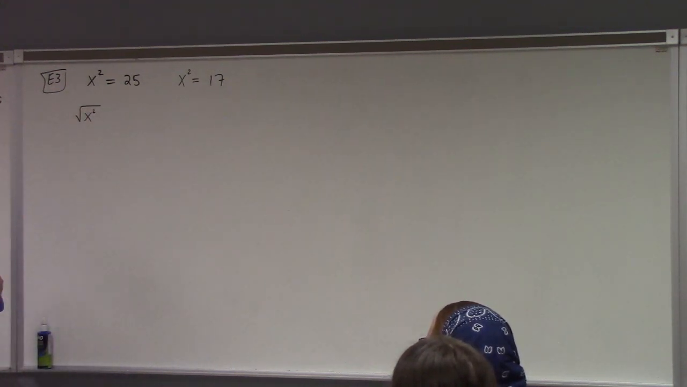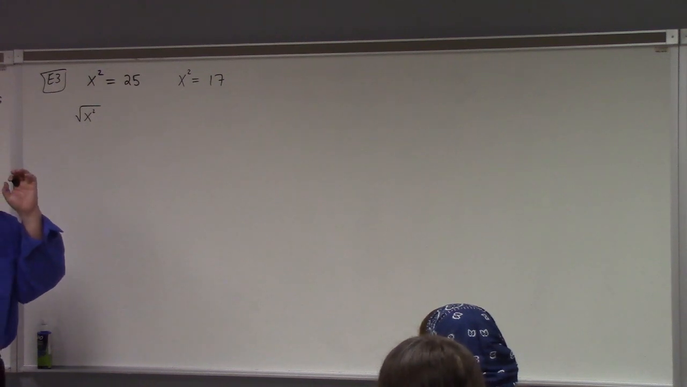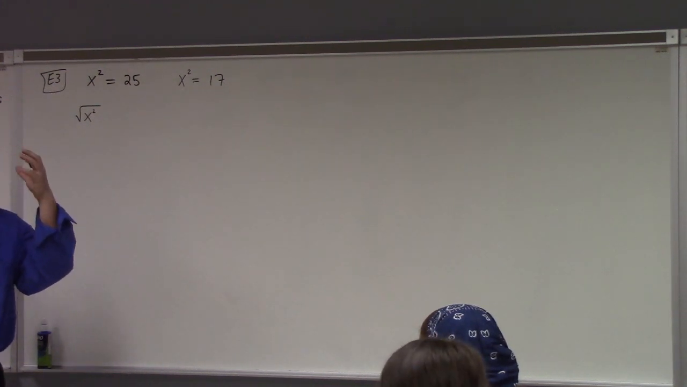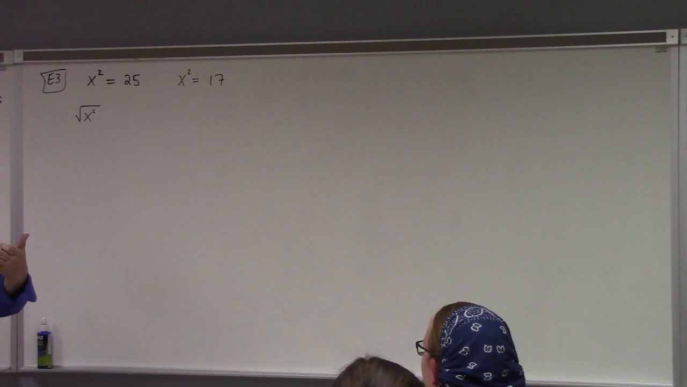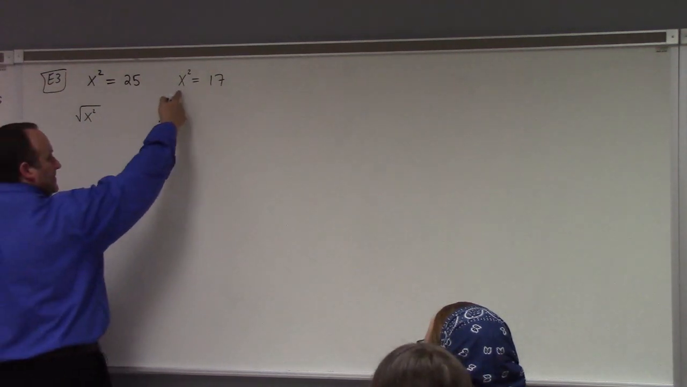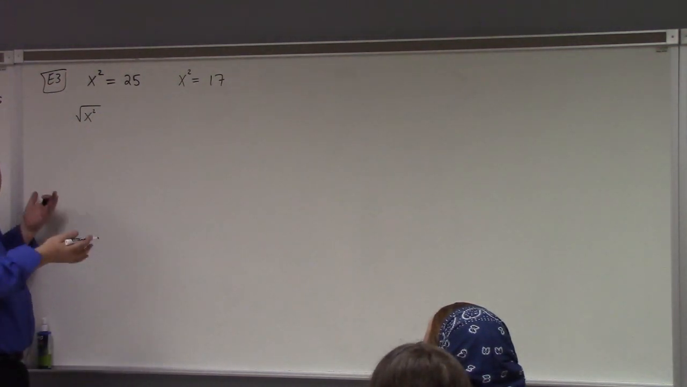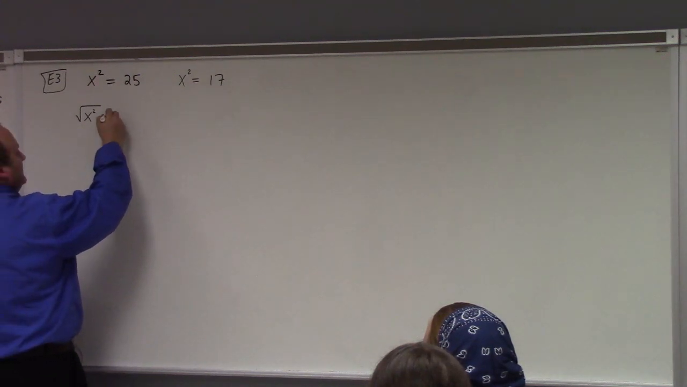I'm not disagreeing with you. My point to you is, it's a simple enough number. You knew that 5 times 5 is 25. That's how you solved it, right? What works there, right? Well, if we take the square root of both sides,